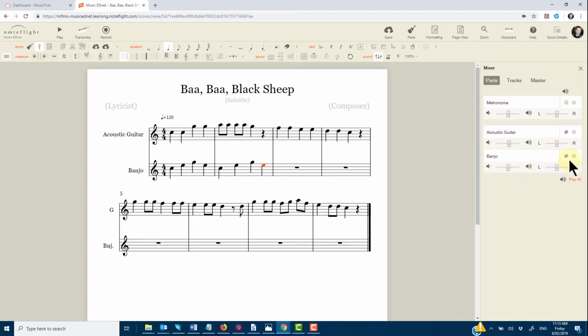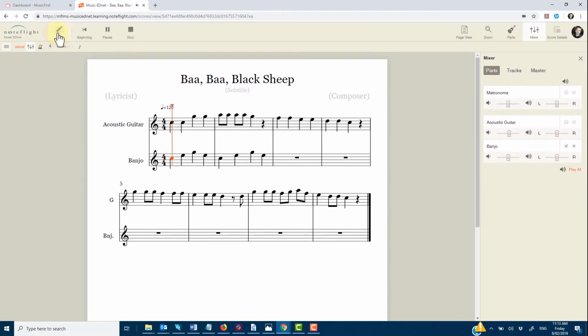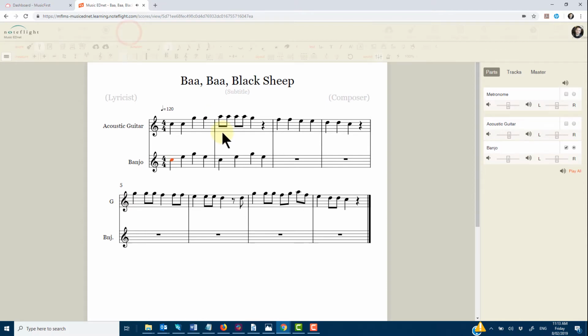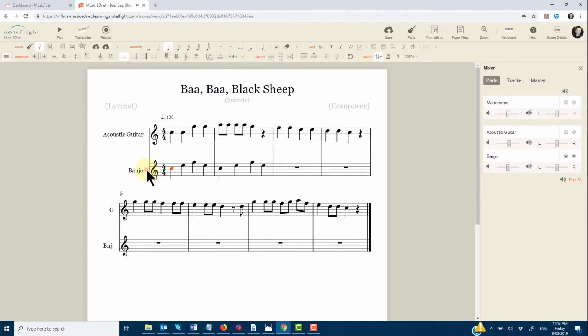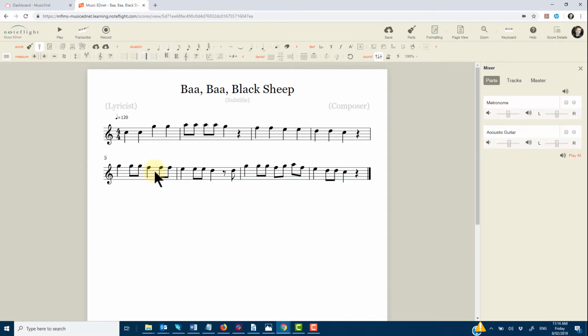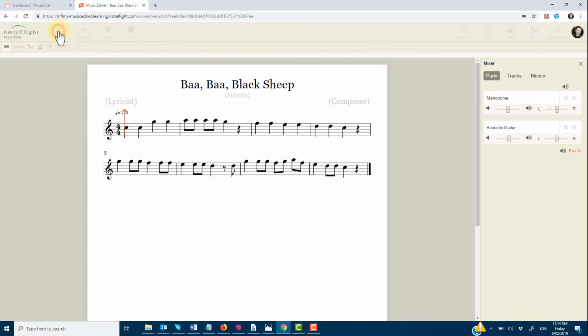But what can happen here, if I turn off the acoustic guitar and I'm listening to the banjo, let's go back to the start, and I'll decide, no, I don't want that instrument in the score anymore, and I just click on the treble clef and hit delete on my keyboard to delete it, then look at what it's left us with over in the mixer. So once again, we've got a mixer with nothing selected for playback,